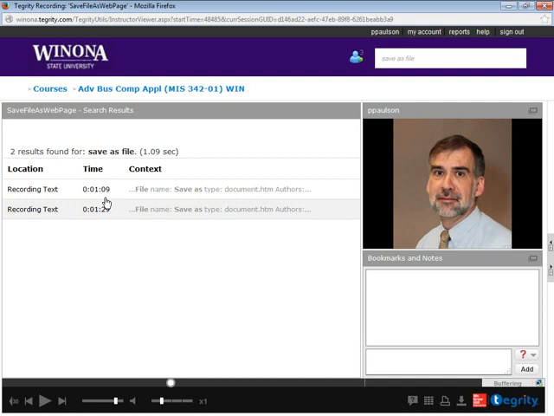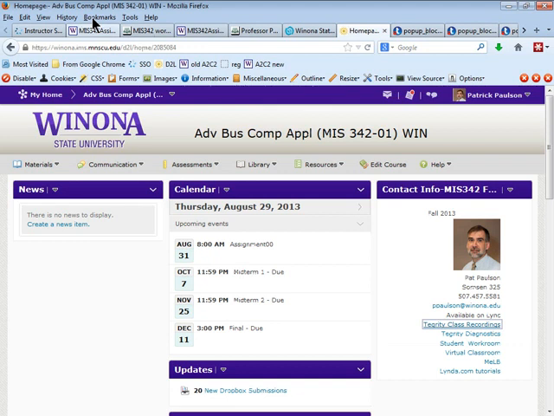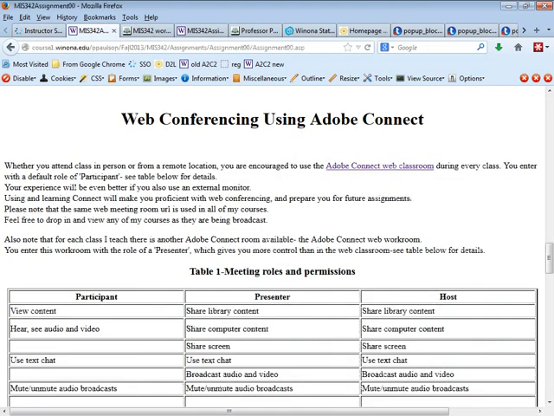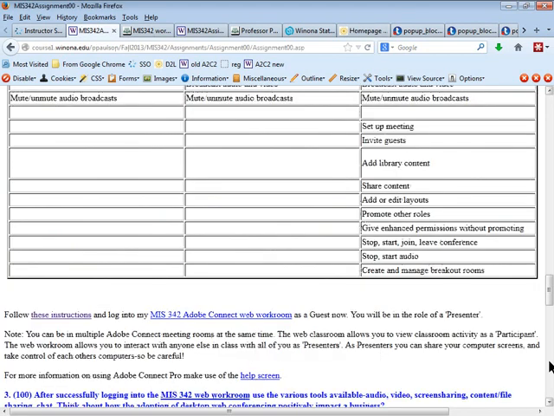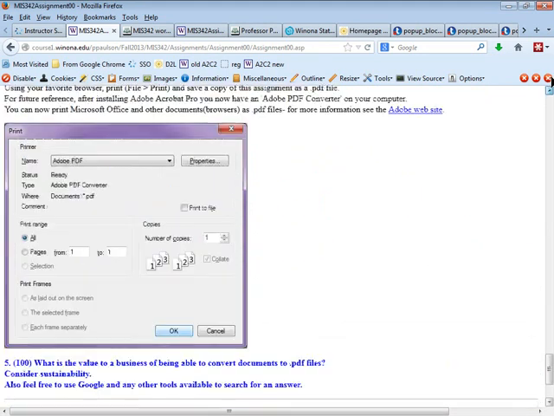The cool thing about Integrity is you can search an individual recording or you can search the entire course for something. So just so you know that. Okay, so figure out the answer. I don't care. Talk to each other in class. Help yourselves out. Then the last thing you got to do, I strongly recommend you download and install